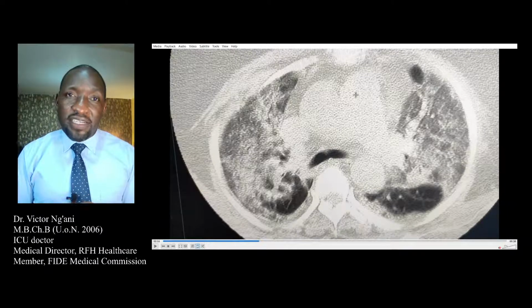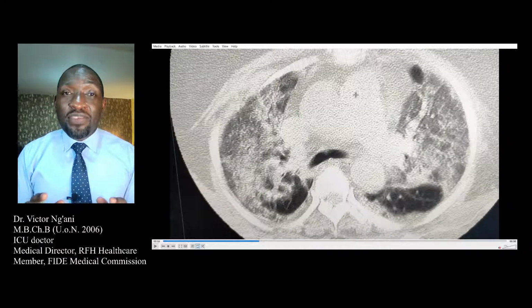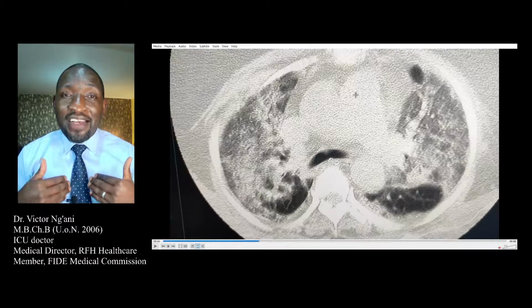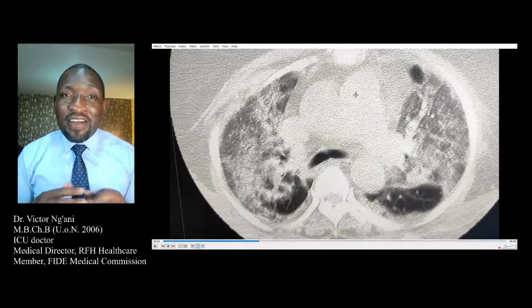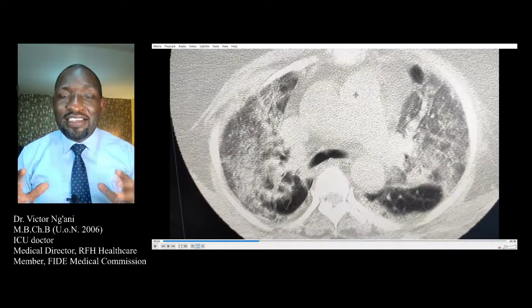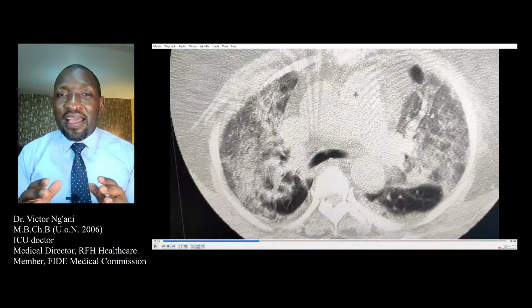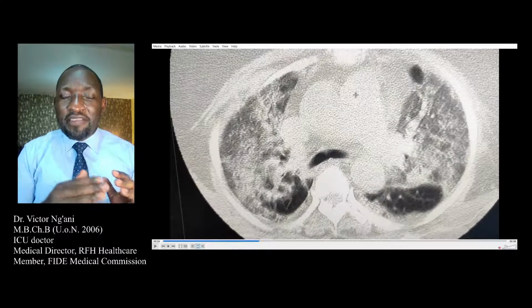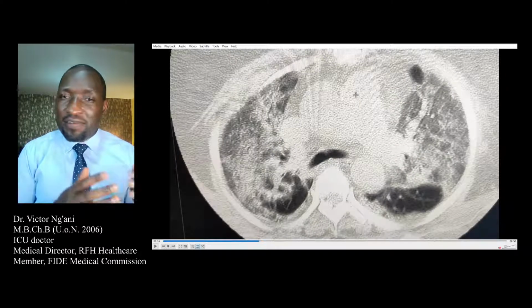There is no oxygen getting to the lung, and the garlic and ginger will not remove it. Let me surprise you. I actually know garlic. I actually know ginger. The fact that I'm a doctor doesn't take away that knowledge. So I want us to understand that I've seen the whole spectrum of COVID-19, from family to patients